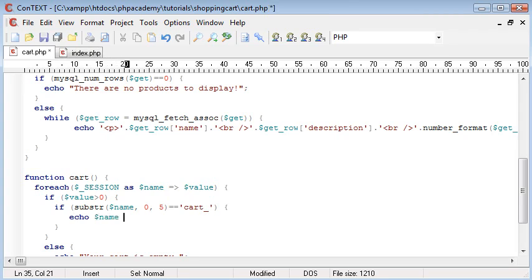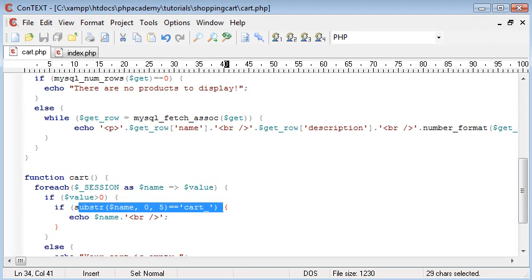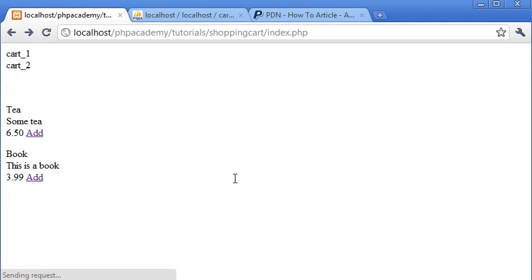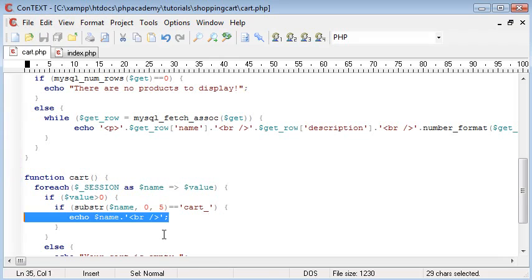So now I'm going to echo out name and a break just to test that this if statement here has worked and that we're still including our cart data. If I refresh that, we've got cart 1 and cart 2, so that's absolutely fine. This is working. Now what we need to do is create a variable which holds